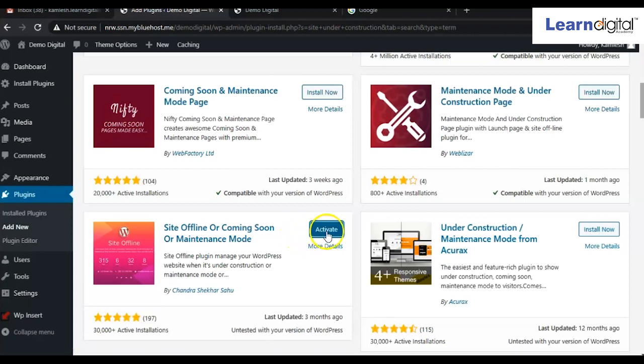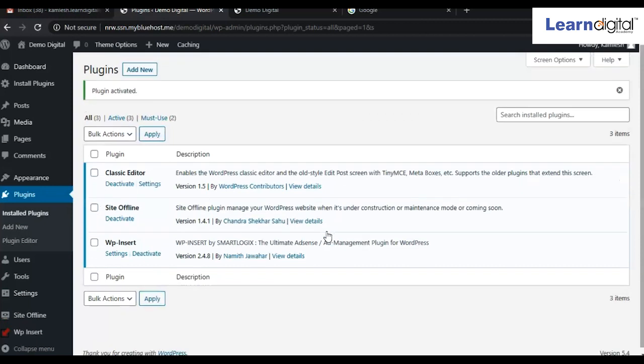Okay, so as soon as we make it activate, that option will be coming on the left side. So here it has come to our installed plugin list. Now here on the left side, see we can see site offline. So now click on this plugin, site offline.